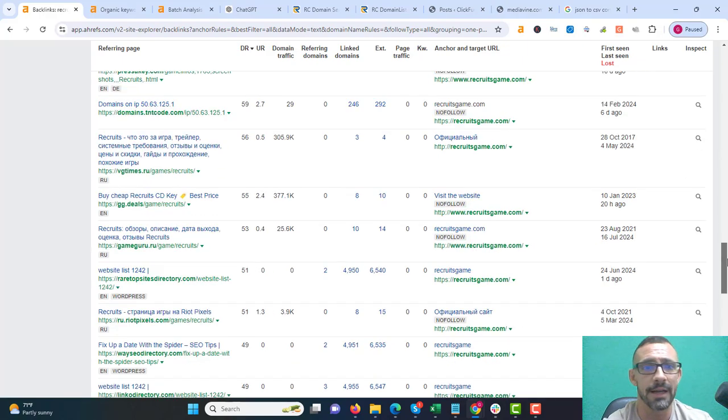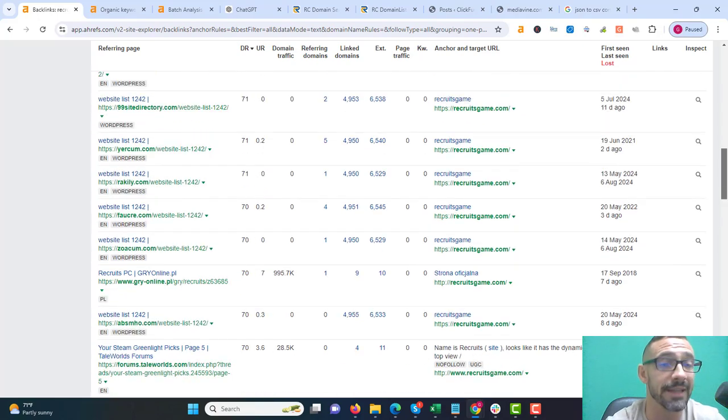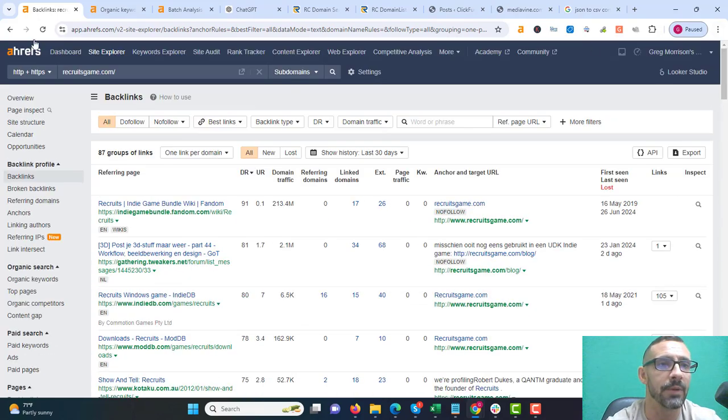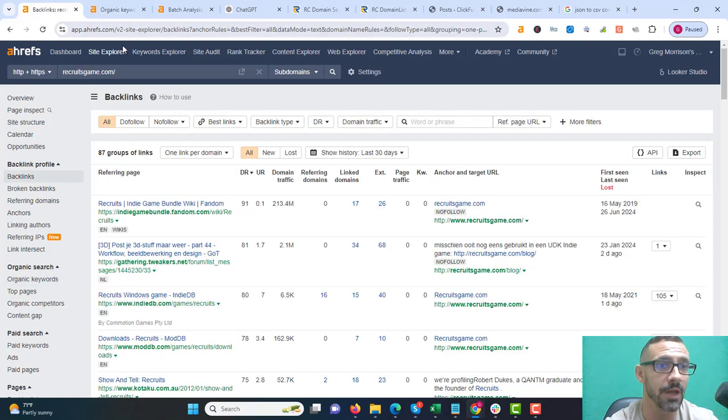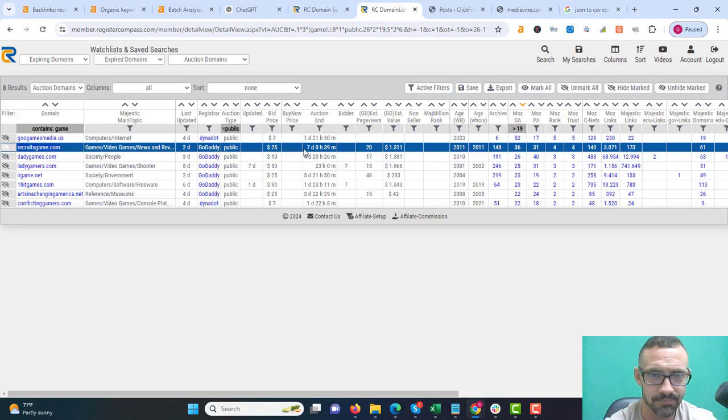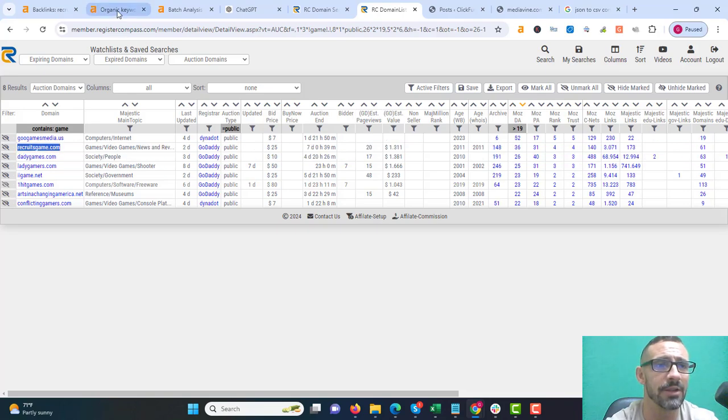So this site already, even though it has fewer referring domains, the links are a lot better. So I think this site would actually respond better than this one right here. So what we can do is steal all their keywords and then just load them up on our new site we get, which is Recruits Game. Currently, this site is at 25 bucks at auction. It'll probably go for under 100 bucks, but you can get a pre-powered site,